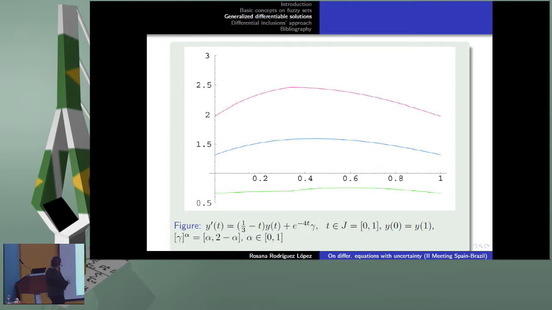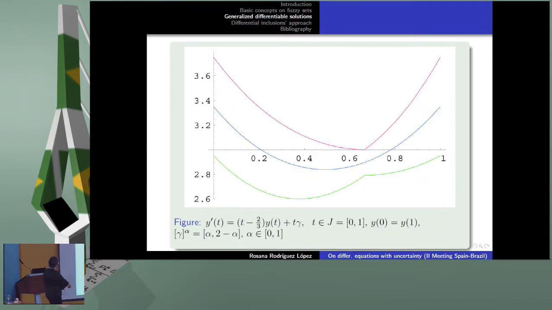Here we have put some problems. In the first one, we are passing using an interval where we have the one solution, and some of the levels are included here, of course, not all, the support and the core in the middle. And this is the part, in this interval, where the solution is one differentiable. And starting at this part, you see there is a peak here because it's a change of differentiability, it's a switching point. We have two differentiable solution, and in this case, for this function, is made reversely.